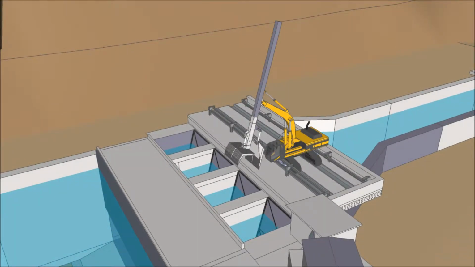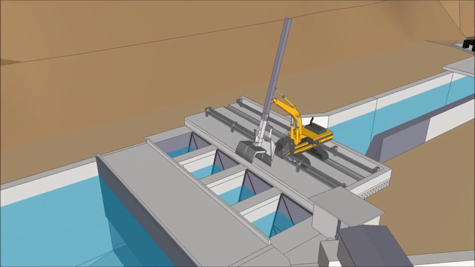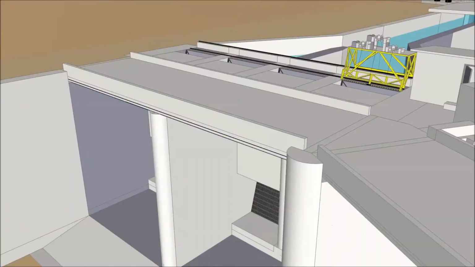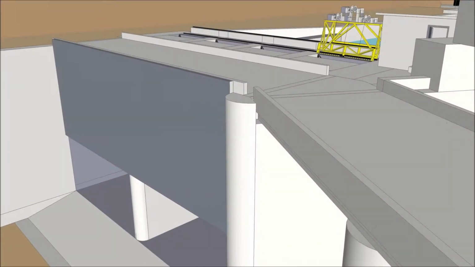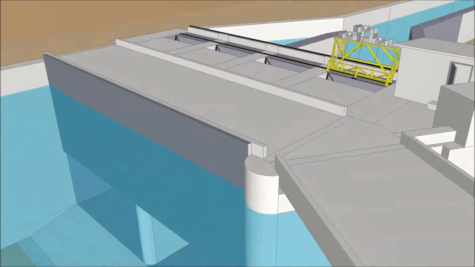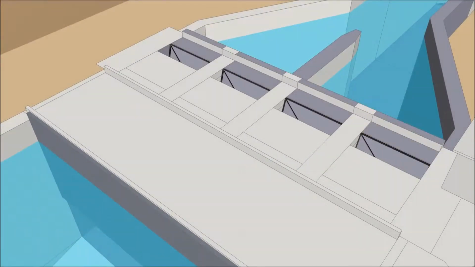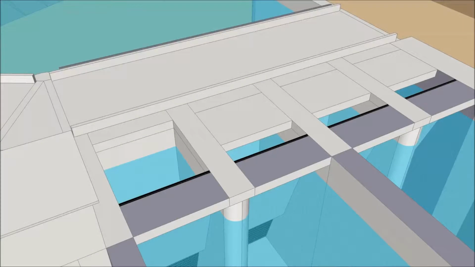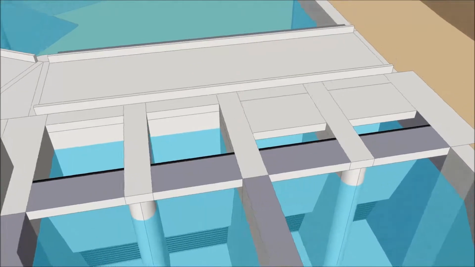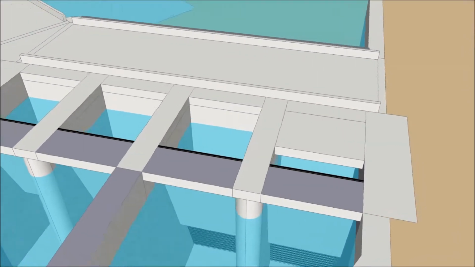Now we will walk through the design and the execution plan required to reach this final design. The first step is to install a new steel debris wall. This will serve the same function as the existing concrete debris wall that will be removed. The existing trash rack cleaning machine will be removed along with portions of the concrete structure, which include the horizontal decking followed by the vertical concrete debris wall